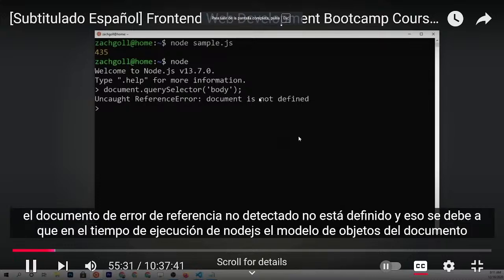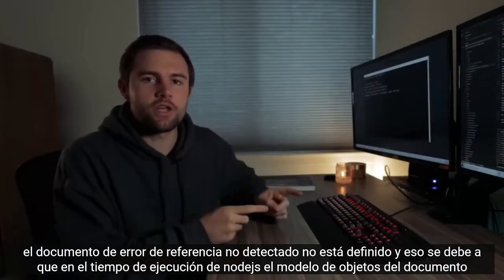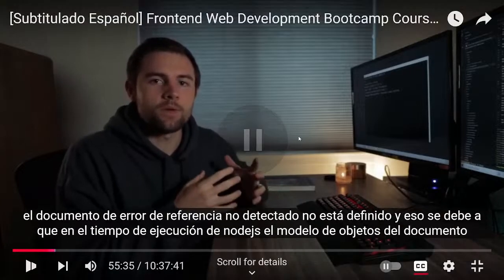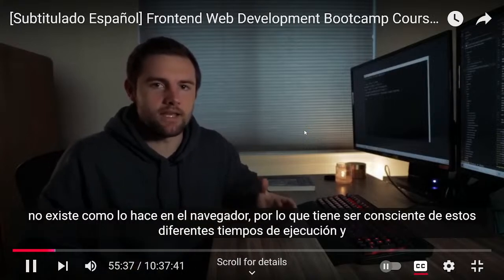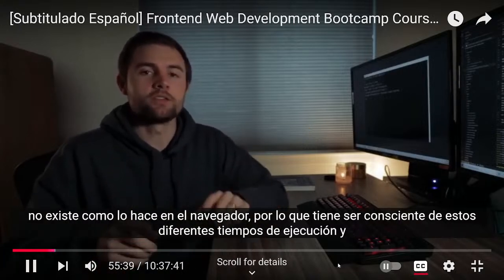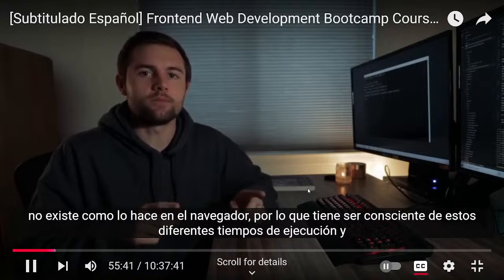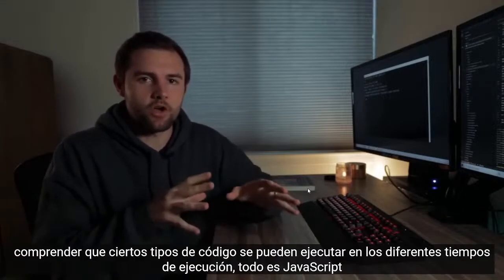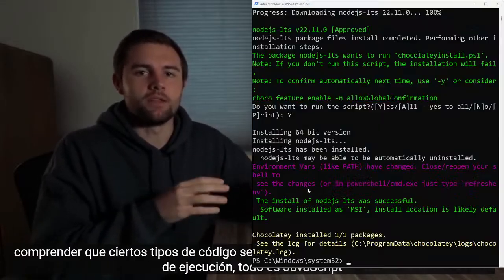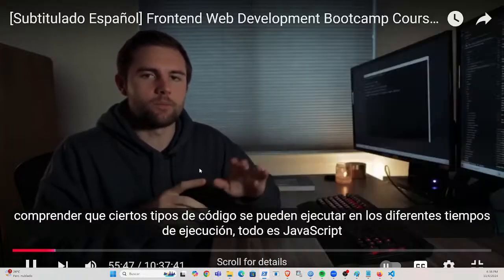Document is not defined, and that is because in the Node.js runtime, the document object model does not exist like it does in the browser. So you have to be aware of these different runtimes and understand that certain types of code can run in the different runtimes. It's all JavaScript, but